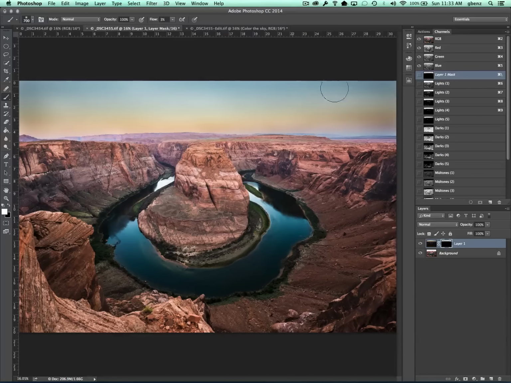And my goal here isn't to get an exact sky. That image I used was actually underexposed, a little too dark, and I could have really worked on it to get it to the exact level I wanted, but I find that it's perfectly acceptable to use something that's a little bit over dark and just blend it in at less than full strength. So I'm simply going to dial this back until I get to a level that I like, and that looks pretty good. So right around 60% there,